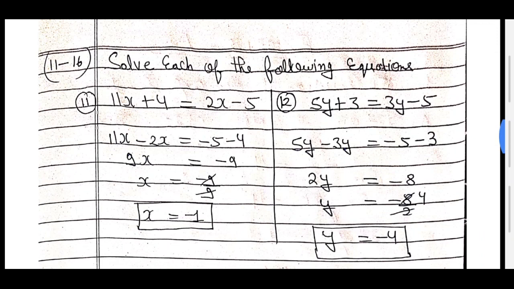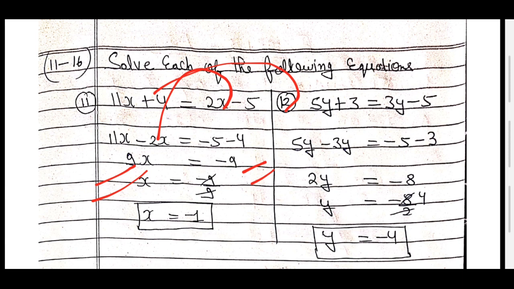Now come on 11 to 16, solve each of the following equation. 11x plus 4 is equal to 2x minus 5. So 1x present here and 1x present here. So first you arrange all x together, or we have to say that all variables together and all constant together. So it means this 2x move to this side and 4 move to this side. When you do, 2x plus become here minus, 4 here plus become here in minus. So 11x minus 2x you get here 9x, minus 5 minus 4 you get minus 9, minus minus plus, and the sign of same sign, that is minus.